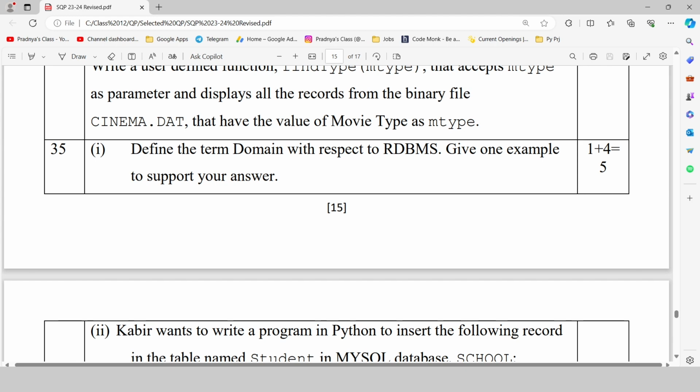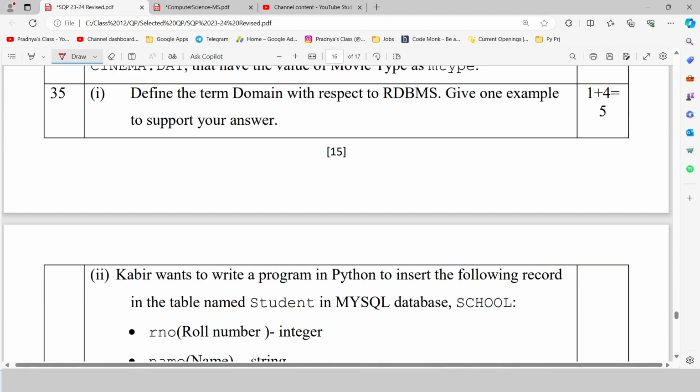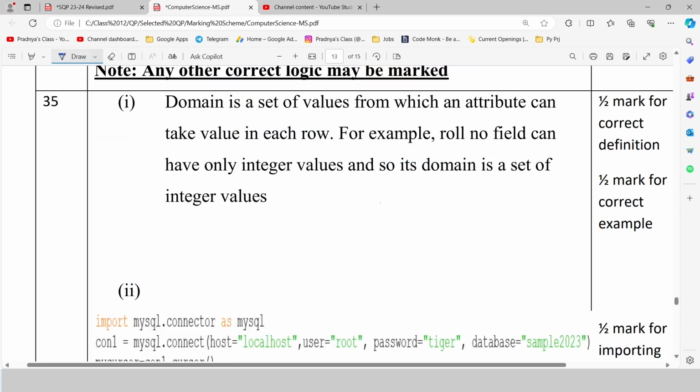Now we are at the last question of the question paper, that is question number 35. This is a 5-mark question which is divided into 1 plus 4. Let's read the question. Define the term domain with respect to RDBMS and give one example to support your answer. Let's read the answer from the marking scheme.